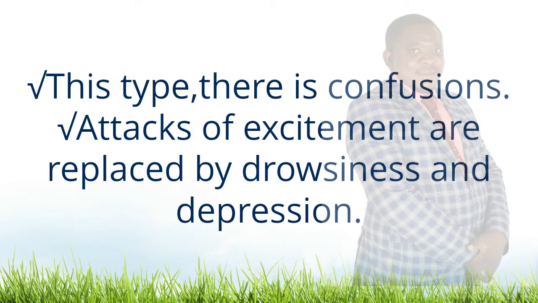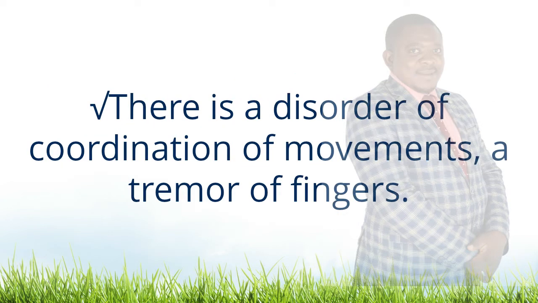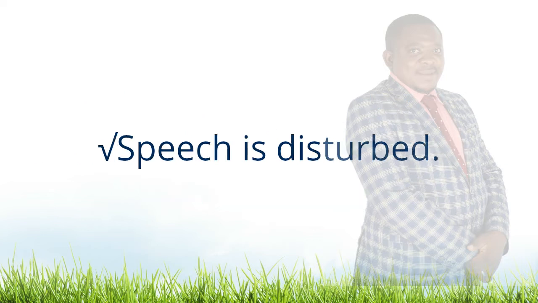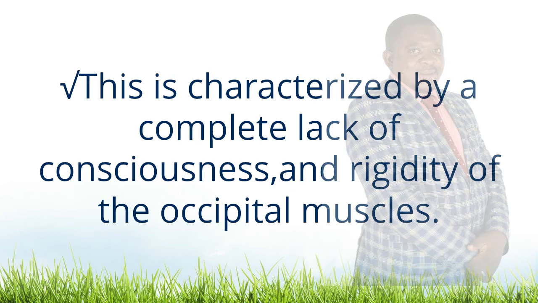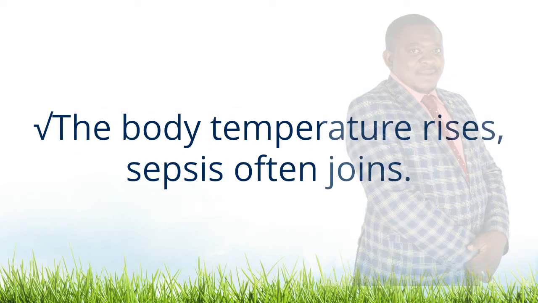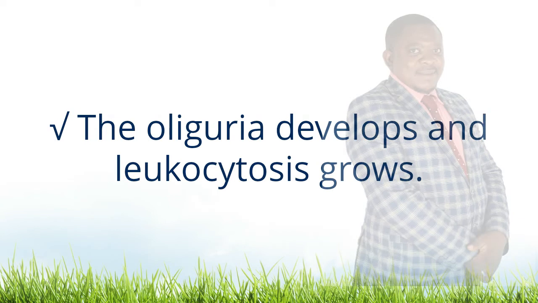In this type we have confusion. Attacks of excitement are replaced by drowsiness and depression. There is a disorder of coordination of movement, tremor in the finger, and speech becomes disturbed. Then the third stage is developed hepatic coma. This is characterized by a complete lack of consciousness and rigidity of occipital muscles. There is progression of jaundice, the body temperature rises, sepsis often comes in, and oliguria develops and leukocytosis can